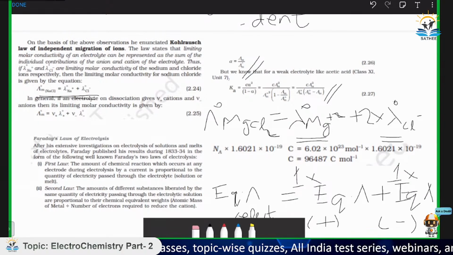That's the end of electrolytic solutions thing. Now electrolytic cells reverse basically when you